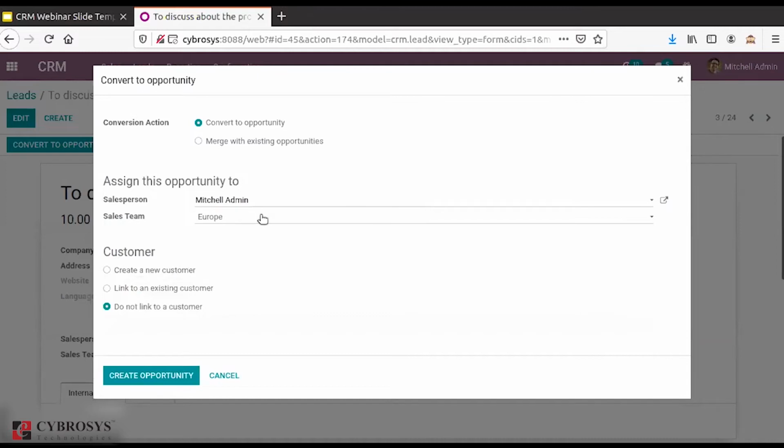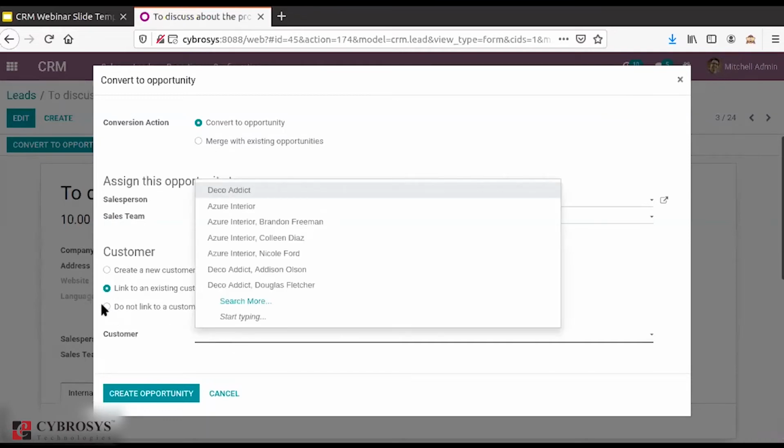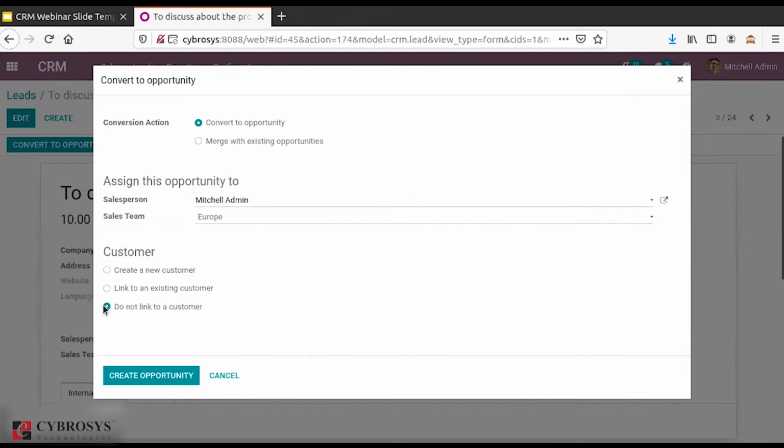We will be discussing the salesperson and sales team in a later session. Then when you come down, you have the options with customers: whether you want to create a new customer or link it with an existing customer, and if so, you can provide the name of the customer here. Or if you don't want to link it to any customer, you have this option.